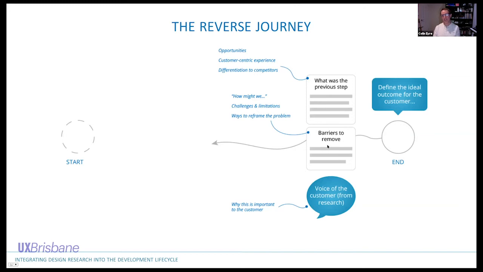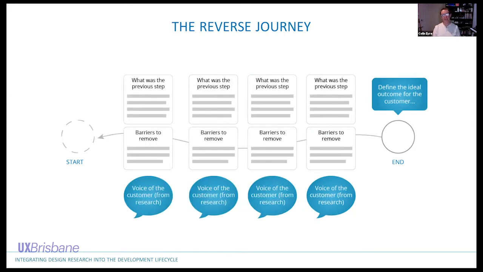That again might lead to other backlog stories, other spike stories around the tech. It might lead into investigating new tech or investigating new ways of sequencing our services as well. And then we just work back through that step by step until we get to the start. This is a way of designing those barriers out of the system, designing out all those friction points that really disengage